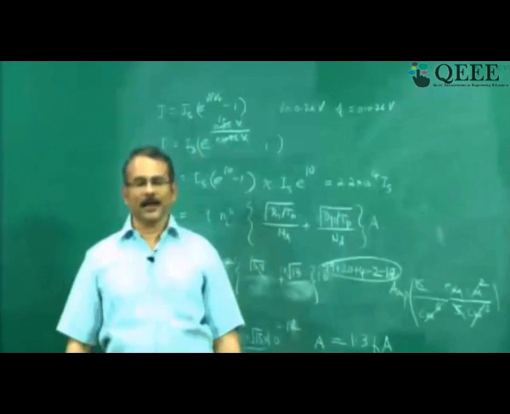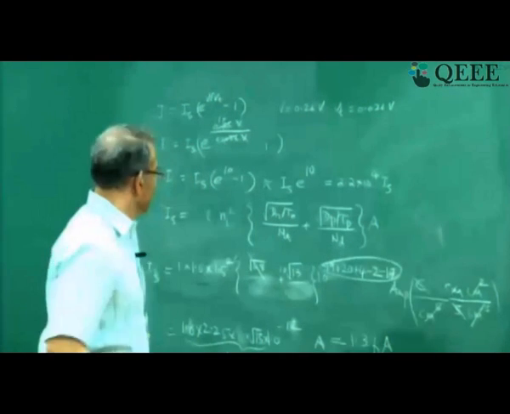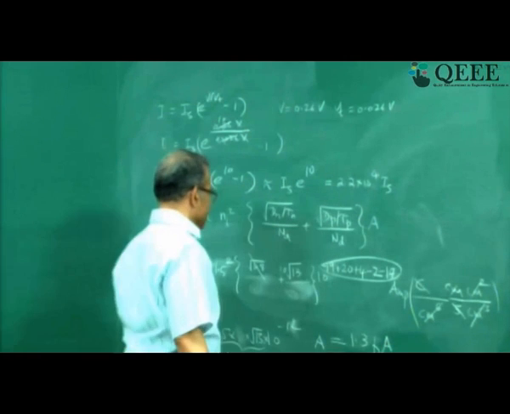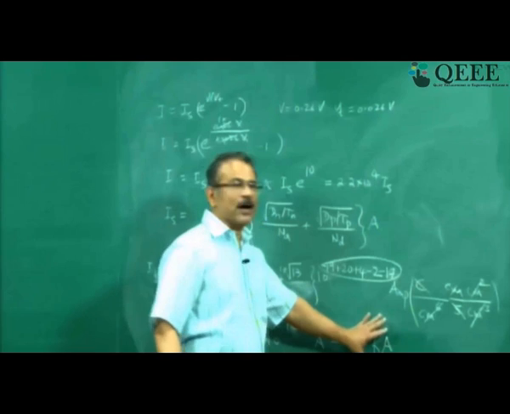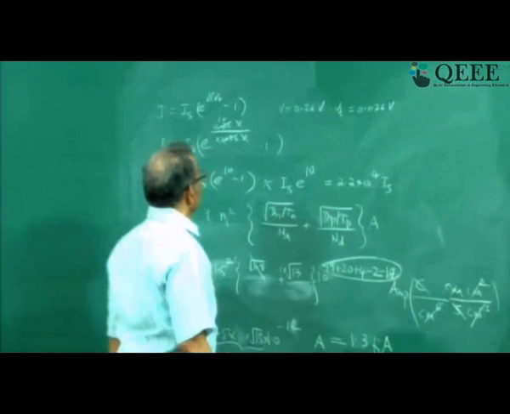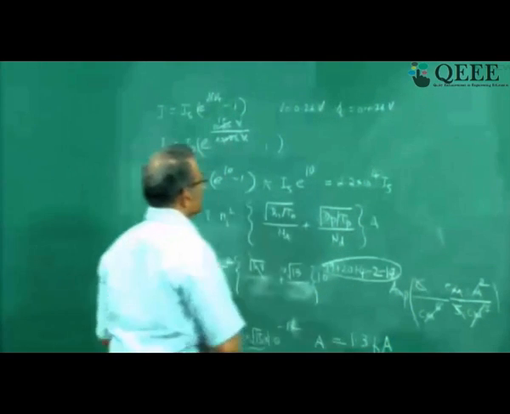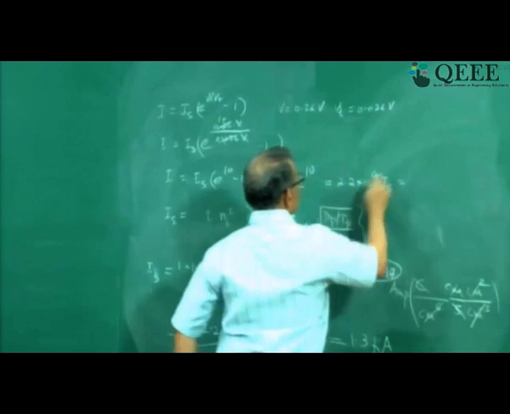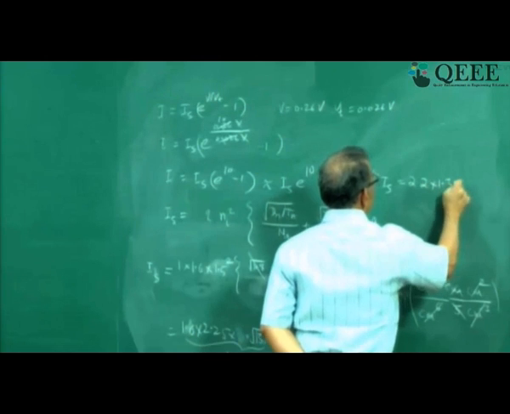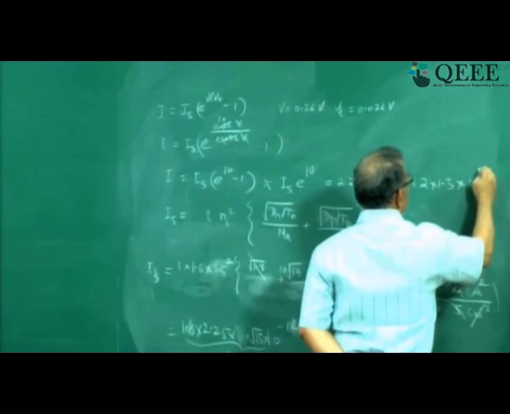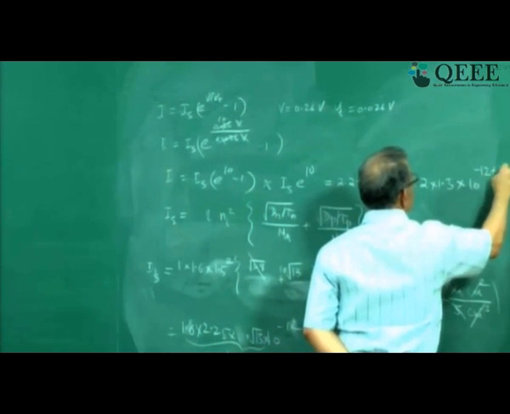This is a fairly common value, right? So I know that I am right. So IS is 1.3 picoamps. At least my order is correct. So now I can find out how much is this 2.2 in 10 power 4. So 2.2 into 1.3 into 10 power minus 12 plus 4.